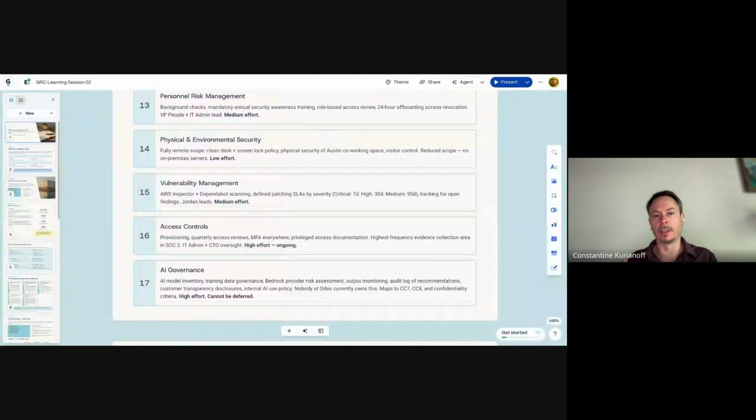But in every case, it is really important to work with a person from the particular department, or even multiple stakeholders, to get more clarity on things and help them implement proper practices.